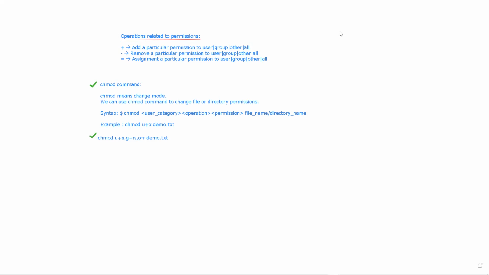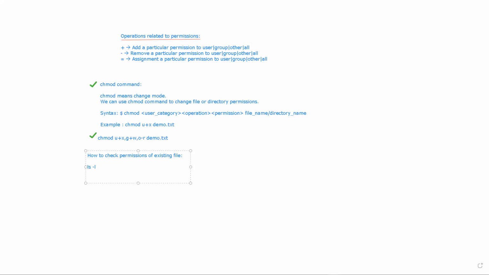So if you want to check the permissions of the existing file, what you can do is say ls -l. So this stands for give me the list of files with long listing. So what it will do is give you the long listing.